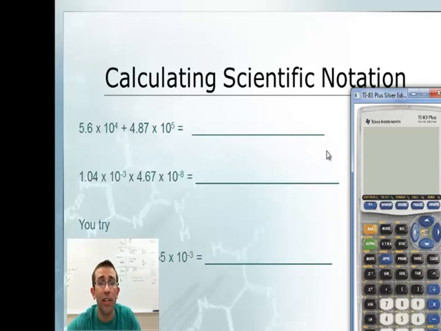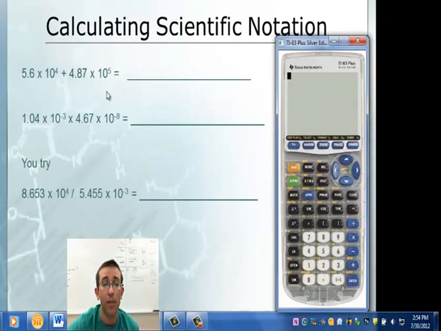When entering scientific notation in your calculator, there's a special way I want you to do it. It's going to help you a lot with not making mistakes. Here we go. I got 5.6 times 10 to the 4th. I want you to do exactly what I have. If you have a graphing calculator, I have one on the screen. If you don't, you'll be able to find this button. If you can't, I'll help you in class. Alright, so I'm going to type in